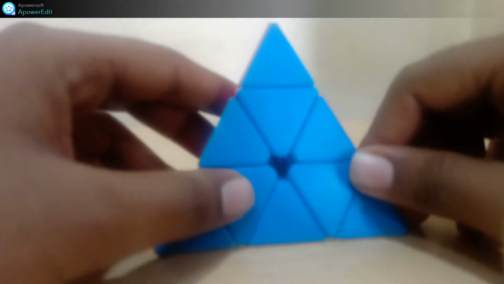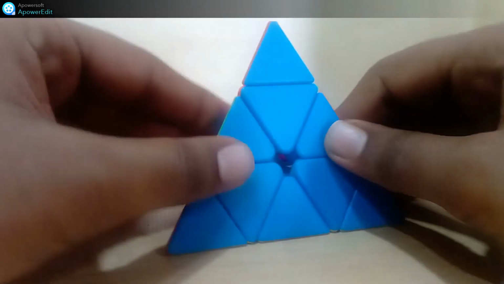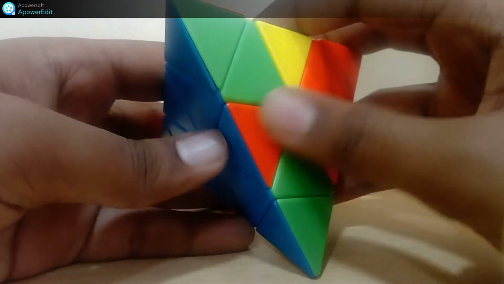Now by mistake we had solved the face, not a layer. This is not a layer we had solved. We had only solved the face. And I will tell you how to solve the layer, not a face. After that, you can see that all our pieces are on the downside only, but they are not in their right place. It should be here with green, and this red should be here with red.